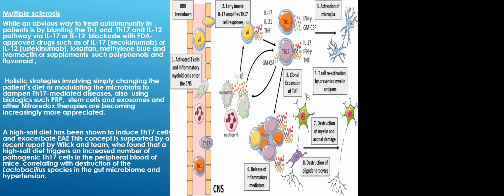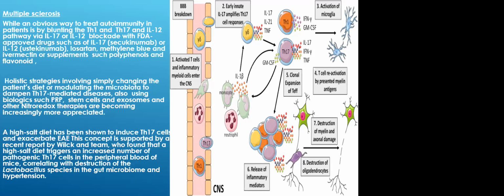And that's what we're doing, right? As integrative doctors or as chronic disease prevention management specialists. So a high salt diet has been shown to induce Th17 cells and exacerbate multiple sclerosis. There's a team supporting this, and how the salt is destroying, killing the good bacteria, the good bugs, right? And when you destroy the good bugs, then the bad bugs will start breaking down the barrier and leaking those